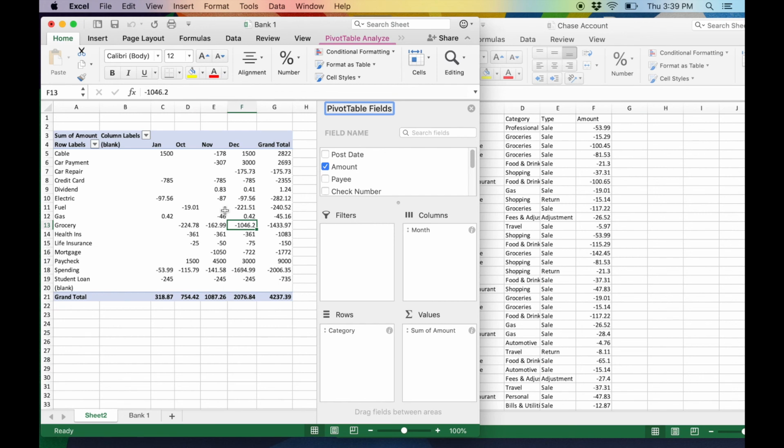It is that simple. So now that we've reviewed how to do this amazing budget hack that literally saves hours,